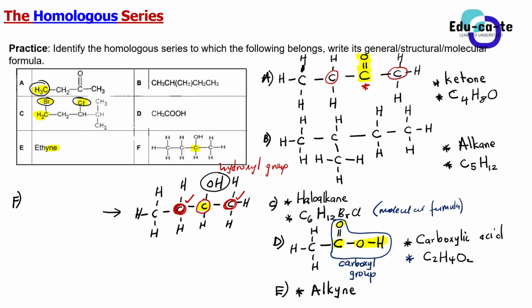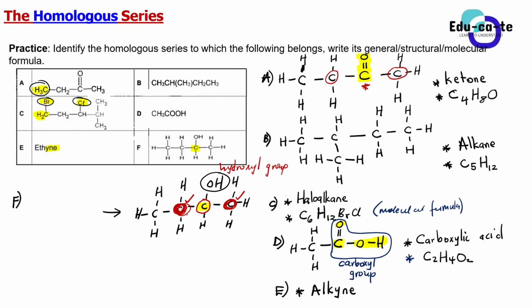Don't guess, guys. Whenever you are told to look for the type of alcohol, you need to first locate the carbon bonded to the hydroxyl group. Then you look at what's next to it. How many other carbons are there? In this case, there are two other carbons next to it. It's this one and the other one. Yes, Sam.